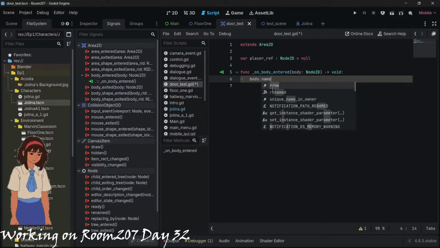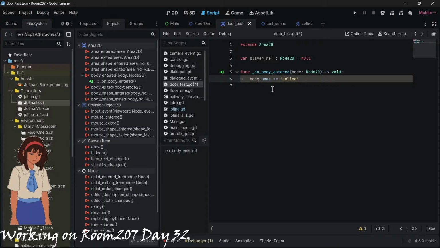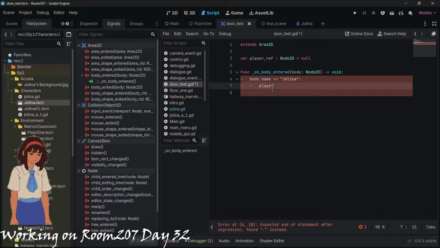Body dot name equals Julina. Then here equals to